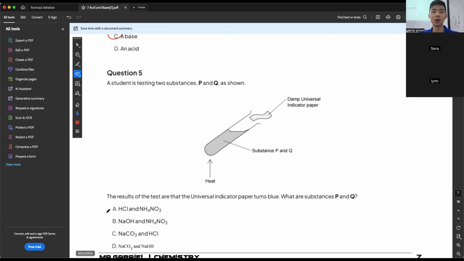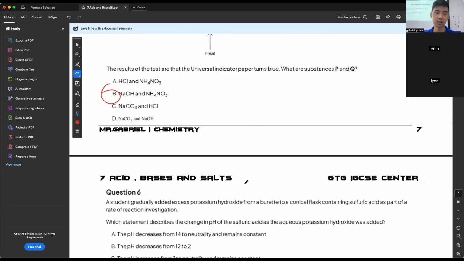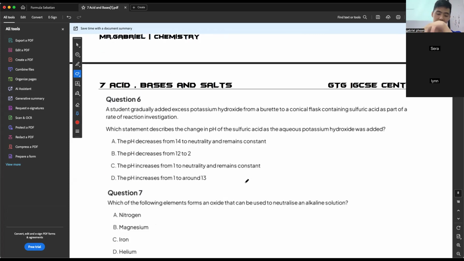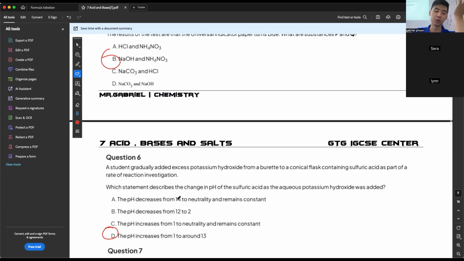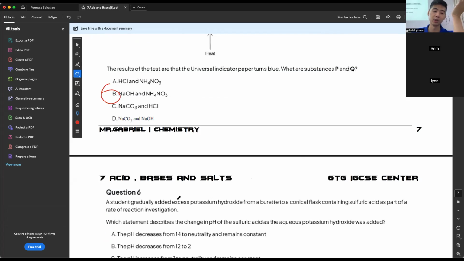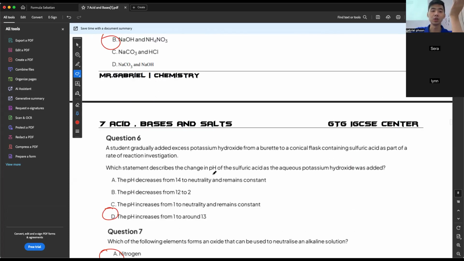And then question number 6, what's your answer? D. Good. Question number 7, what's your answer? A, good. Okay, out of the 7 questions, anyone got anything want to ask or not? Question number